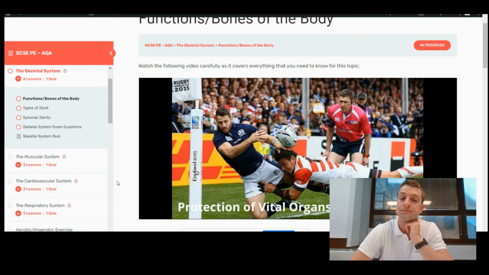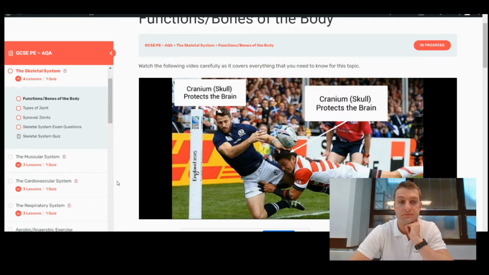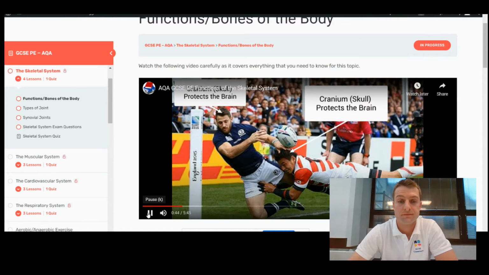Certain bones in the body are made to protect our organs, and these are known as flat bones. For example, in rugby, the cranium, which you might know as the skull, is there to help protect players' brains